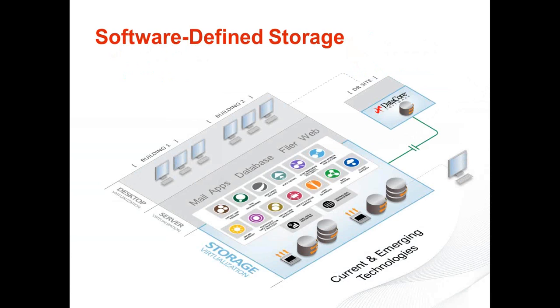Okay, there's a question here, and it states, how is the product licensed and are the HA and tiering standard features in the product? So that's a really good question. Our software is licensed based on capacity. So depending on your needs, the product license will come with a specific amount of capacity. And this license basically controls how much physical disk space can be virtualized across a group of DataCore nodes. But the cool thing too is you also have the option to purchase more capacity as your storage needs grow. So in this case, we'll give you that flexibility.